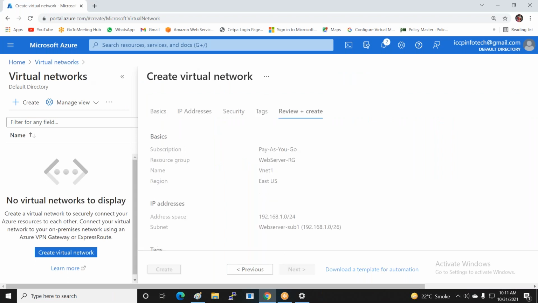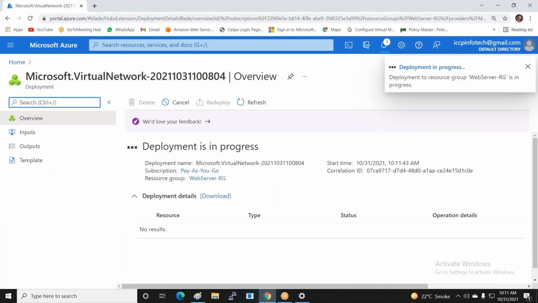I'm just clicking on create. So my virtual network is created. After that, I create a network security group. Yesterday I explained that the network security group works as a firewall, and you can allow and deny protocols.